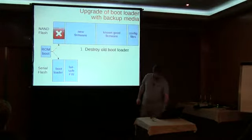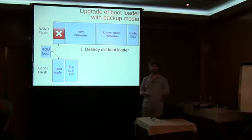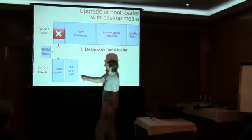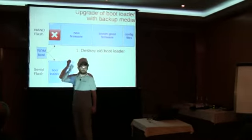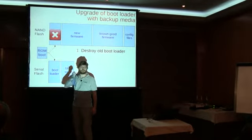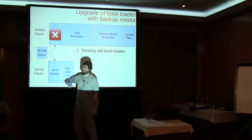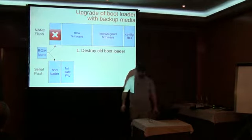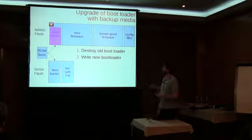Now, when you want to upgrade the bootloader, you start destroying it. If at that point the system reboots because of a power failure, for instance, the wrong bootloader will not boot from the NAND flash because there is nothing in there. It will typically detect if there is a certain signature to decide if it can boot from that. And then it falls back to the other boot device, and there you go to the failsafe firmware. And so to do your upgrade,